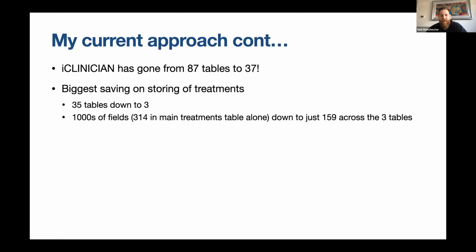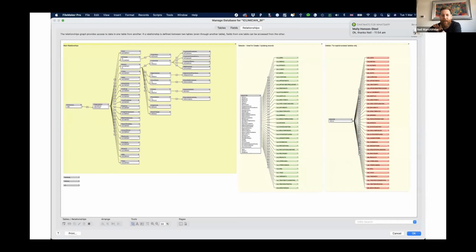And I've gone from thousands and thousands of fields in those tables. The main treatment table itself was 314 fields, down to 159 fields across those 3 tables. So it's made the FileMaker side of things massively simpler and easier to manage. And I've now got a beautiful relationship